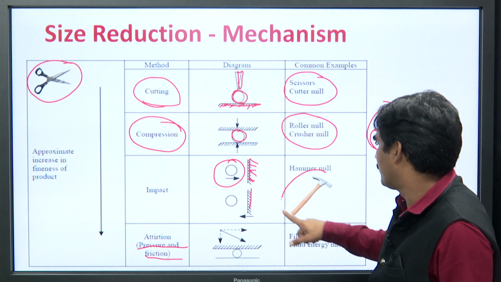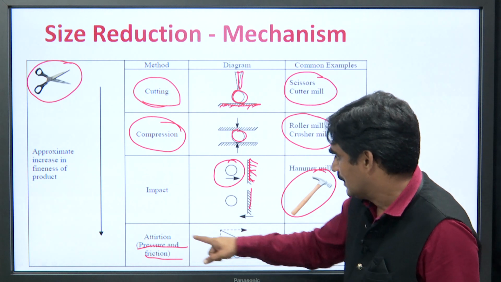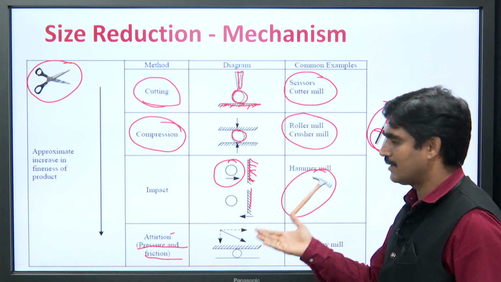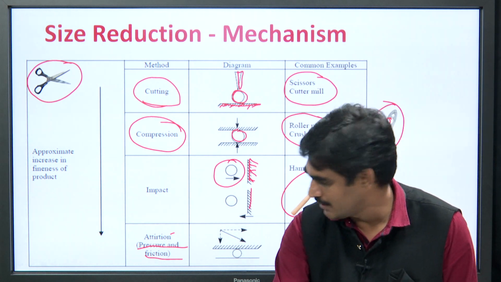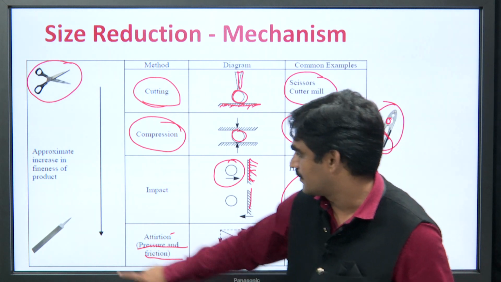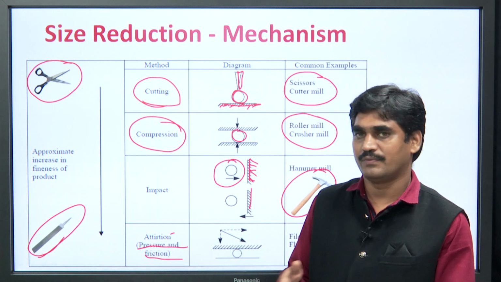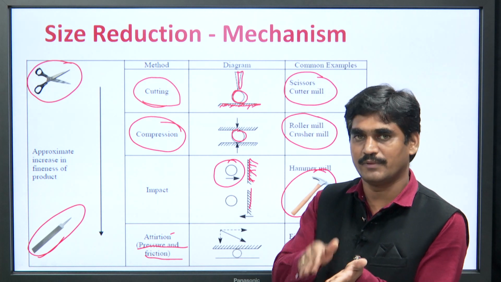This is a diagram of a hammer which can be used for the size reduction of particles. Fourth mechanism is attrition. In this case, pressure and friction both are applied to the object. Example is this, called a file. With the help of this file we are applying force on the surface of the object.